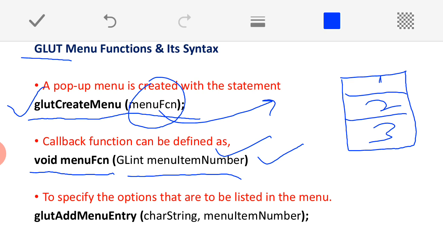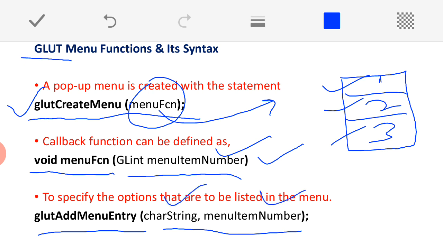The third function is this: in my menu, if I want to add all these 3 entries, another function is available in OpenGL under glut, glutAddMenuEntry. This is the third function, and it comes with 2 parameters. One is the string and another one is the menu item number.